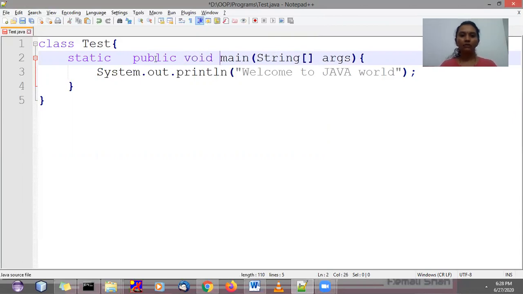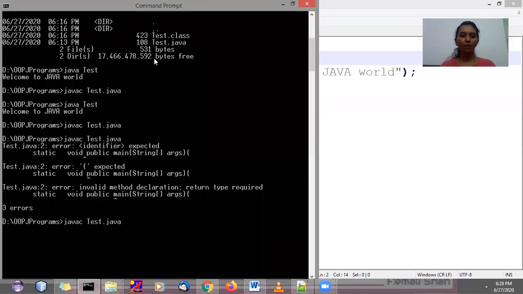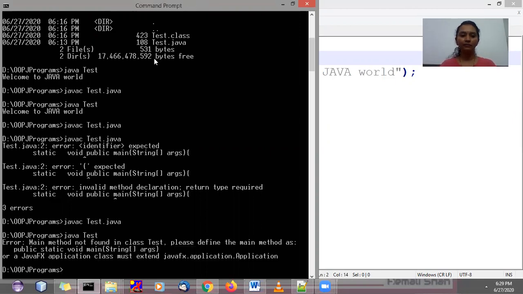Now think about it: if you are not using the public keyword and you are saving the file, and I try to compile it, there is no compile time error, but you will get the runtime error, main method not found, because the main syntax is not like public static void main.